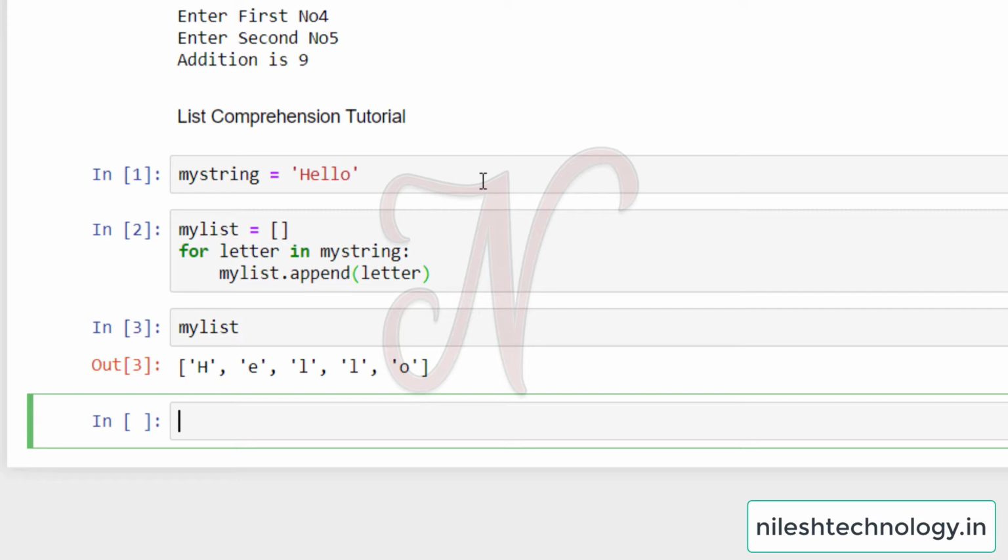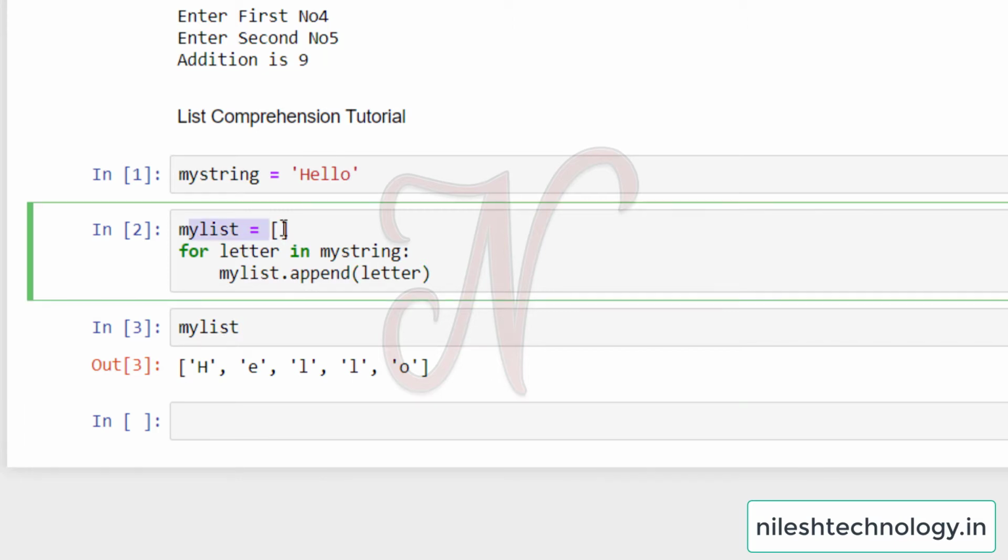Okay, so this is the common way to do this. This is my empty list, and by using a for loop we can retrieve one by one character from the string into this variable. So first h goes into this letter variable and is appended to this list. Then h is added to the empty list.